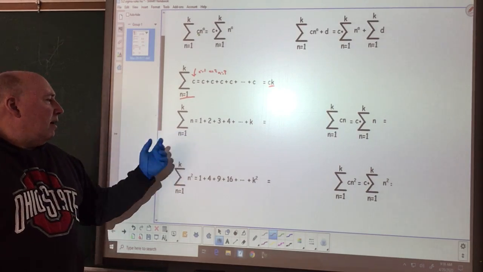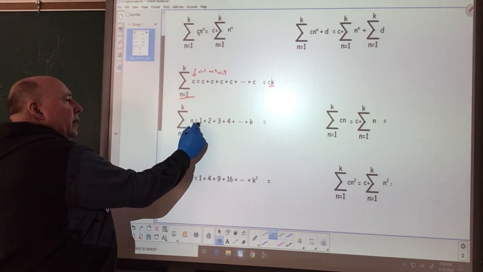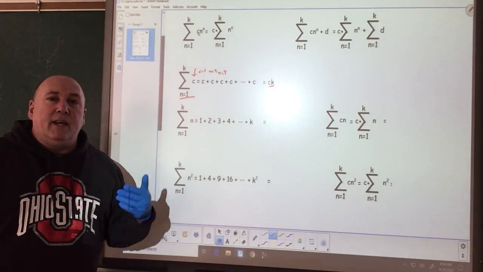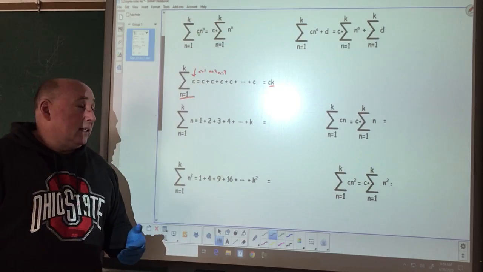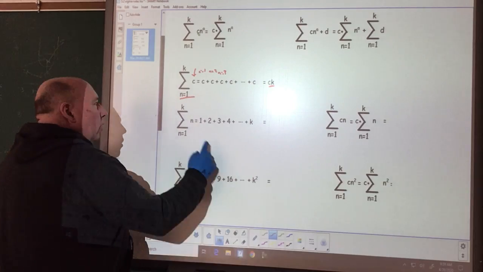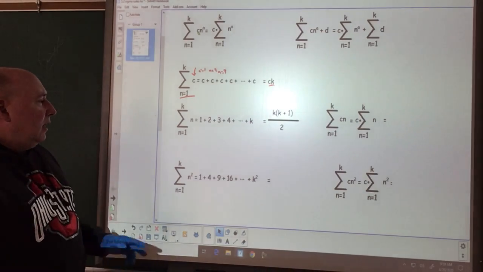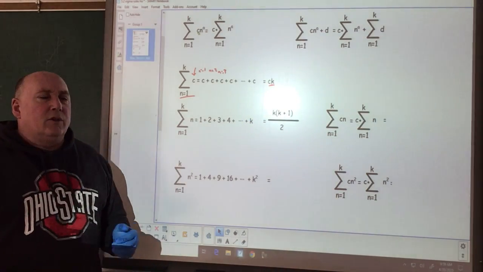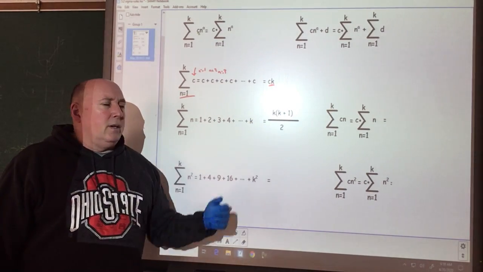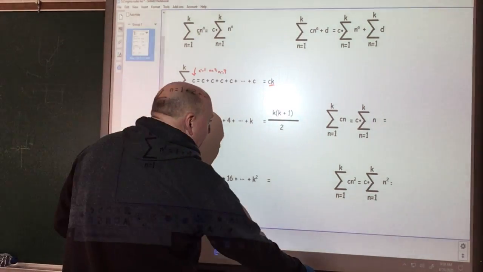Well, suppose I have a value of just n to the first power. So if n is 1, I get 1, n is 2, I get 2, n is 3, I get 3, n is 4, I get 4. Really, I have an arithmetic series here, with a common difference of 1. And this will go all the way up to k. We can calculate this series by taking k times k plus 1 all over 2. So whatever our k value is, I can multiply by k plus 1 divided by 2. This basically is a simplification of my arithmetic series,